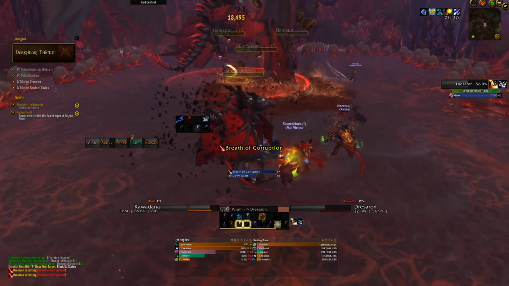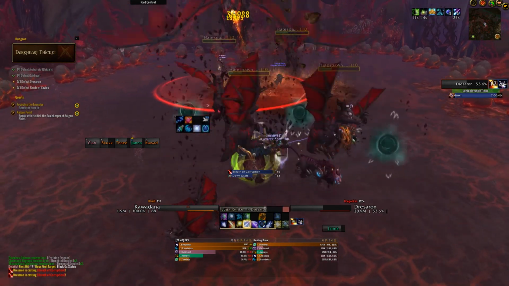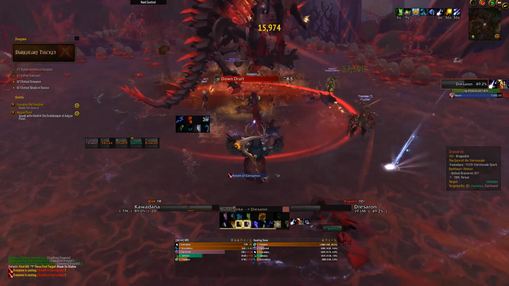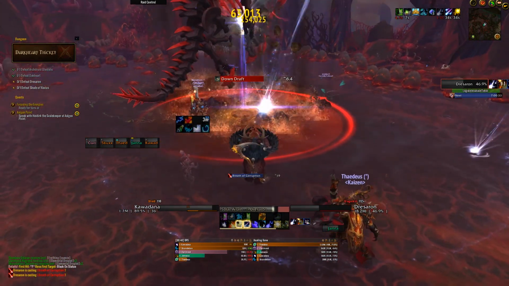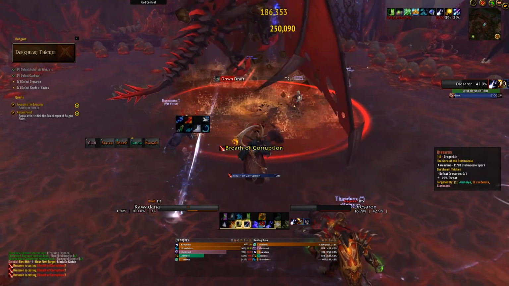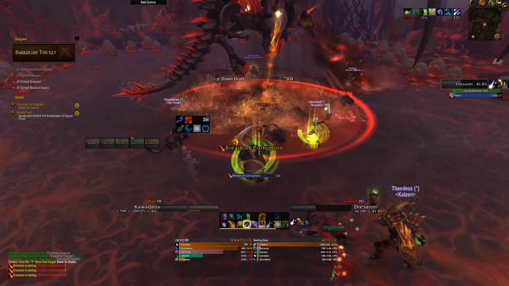So the basic playstyle for the Balanced Druid rotation and cooldown use is pretty straightforward actually. It might look complicated on paper, but even if you screw it up, it's pretty forgiving. So first off, I'll start with cooldowns. We only have one. If you chose the Incarnation Chosen of Elune talent, it replaces your Celestial Alignment, but it's